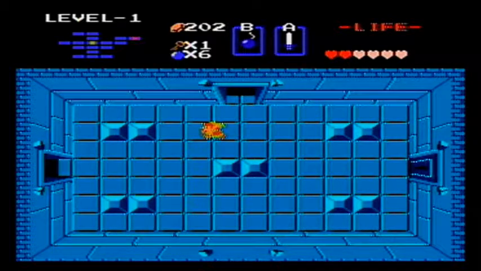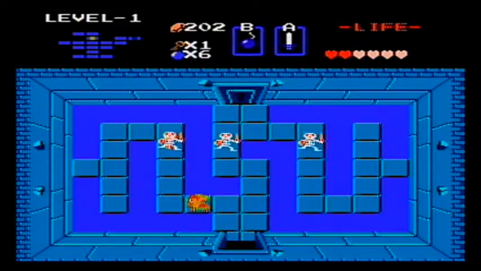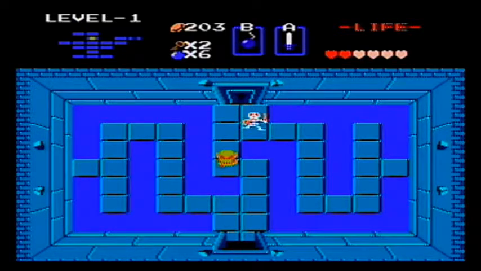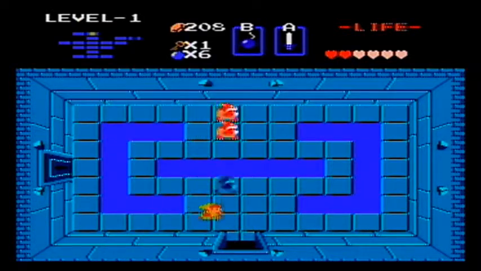It looks very similar to the Gnarled Root dungeon in Oracle of Seasons. And yeah, you'll see the eastmost peninsula of the dungeon does indeed hold the end of the dungeon. And of course, another key from the Stalfoses. Very kind of them. These, I believe, are called Goriyas. They throw boomerangs at you, which your shield can thankfully block. And they only take 2 hits to kill with the steel sword, so...